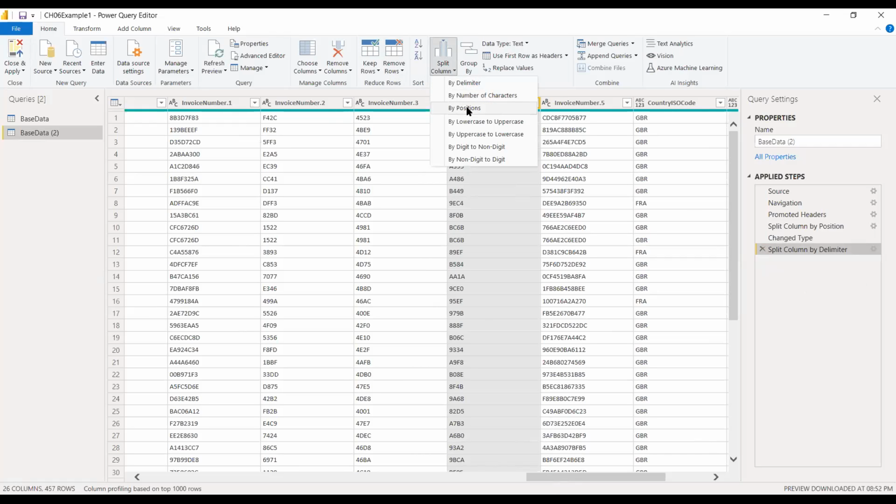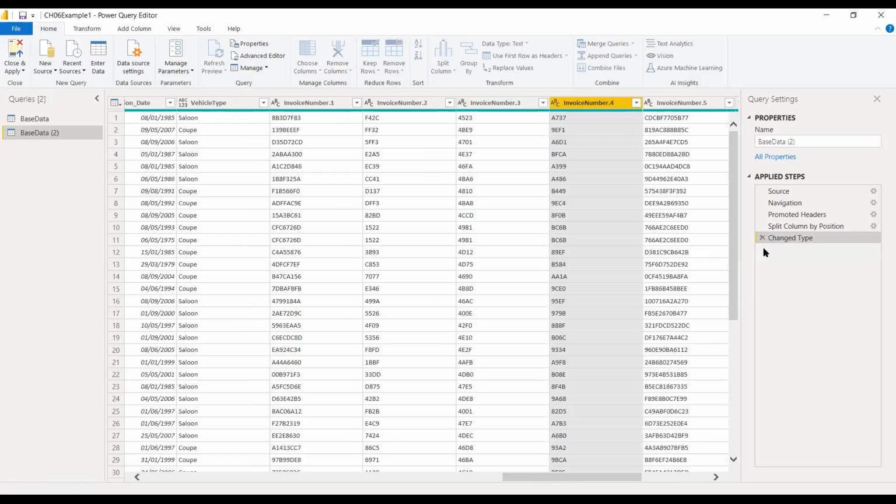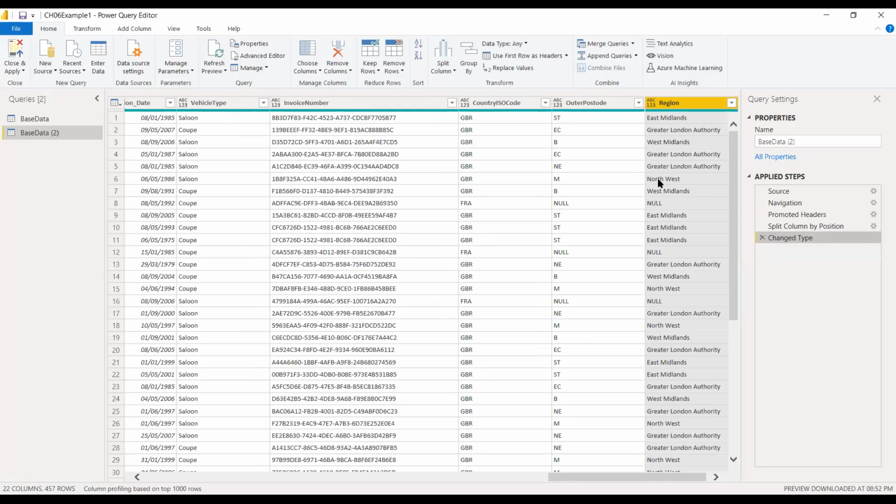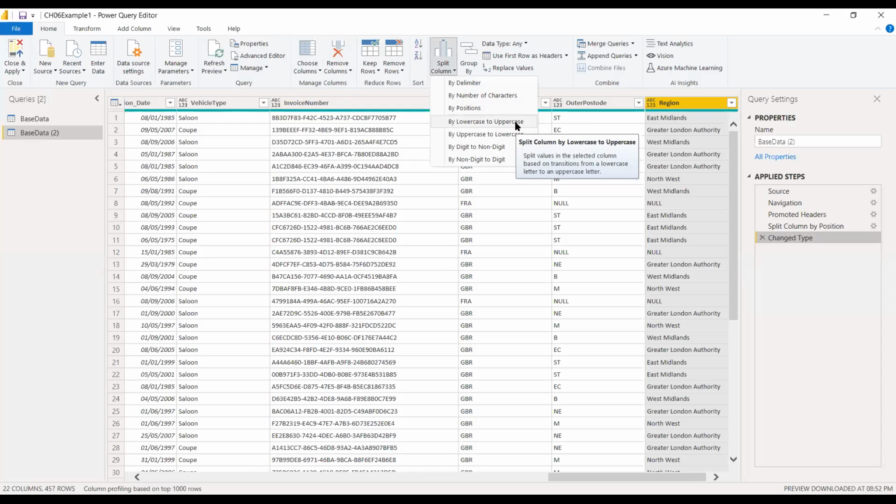Split column by position, split column by lower to upper. By lower to upper means, suppose we have north, west. तो ये लोअर, ये अपर में है, ये लोअर में है, तो लोअर टू अपर में यहीं से स्प्लिट कर देगा ये इसको, अपर टू लोअर में, अपर टू लोअर में। तो ये मैं चेक करता हूँ, देखें, स्प्लिट कॉलम लोअर टू अपर और अपर टू लोअर, तो I am using अपर टू लोअर।